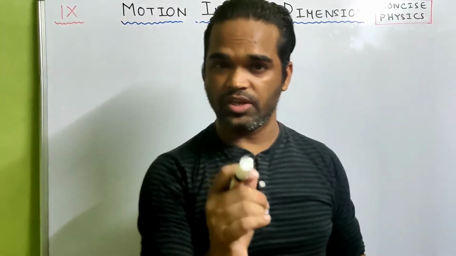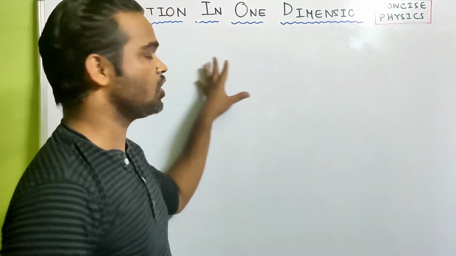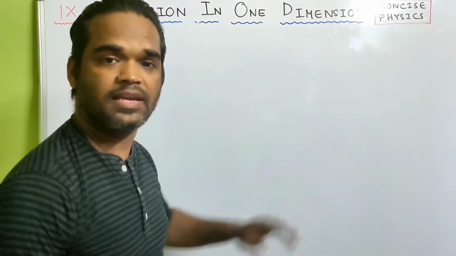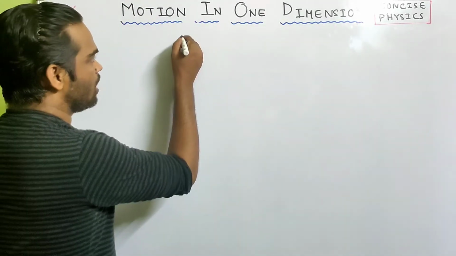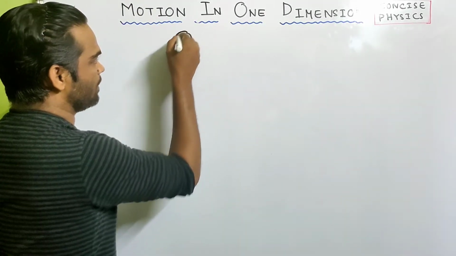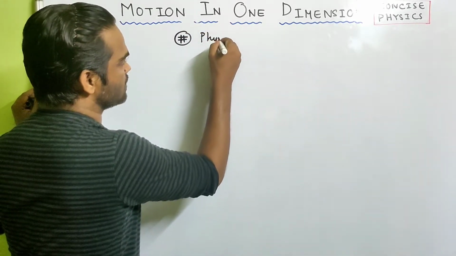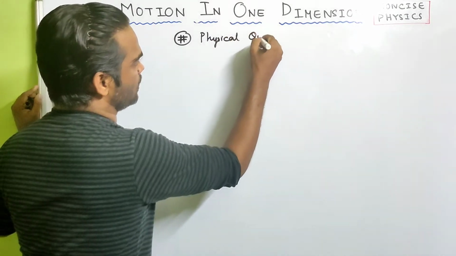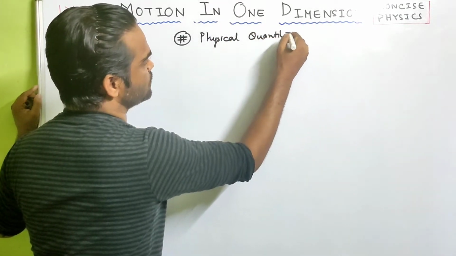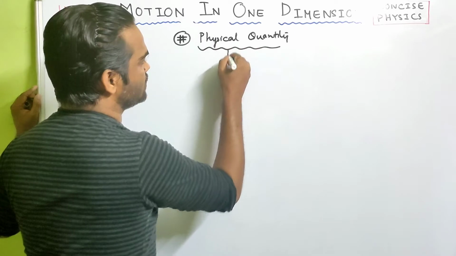Hi kids, in today's video we'll discuss motion in one dimension from class 9 physics. Now in our previous class on measurement and experimentation we did what is physical quantity. Now we know what is physical quantity. Any quantity which we can measure,